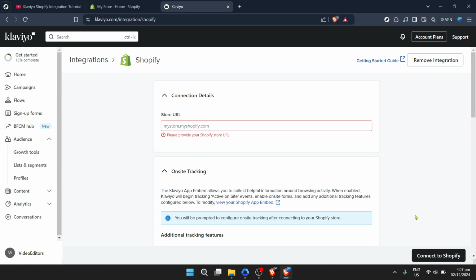You've successfully connected your Shopify store to Klaviyo. This integration is a step towards more personalized, data-driven marketing efforts that can significantly enhance your e-commerce business's performance. Remember, the beauty of Klaviyo and Shopify integration lies in its simplicity and the powerful marketing automation it enables. With this setup, you're well on your way to creating more engaging, effective marketing campaigns that resonate with your audience